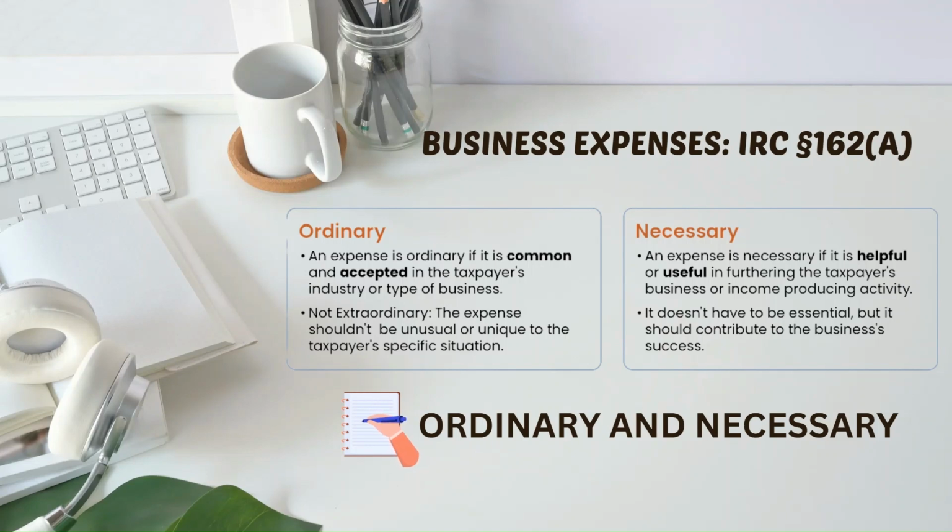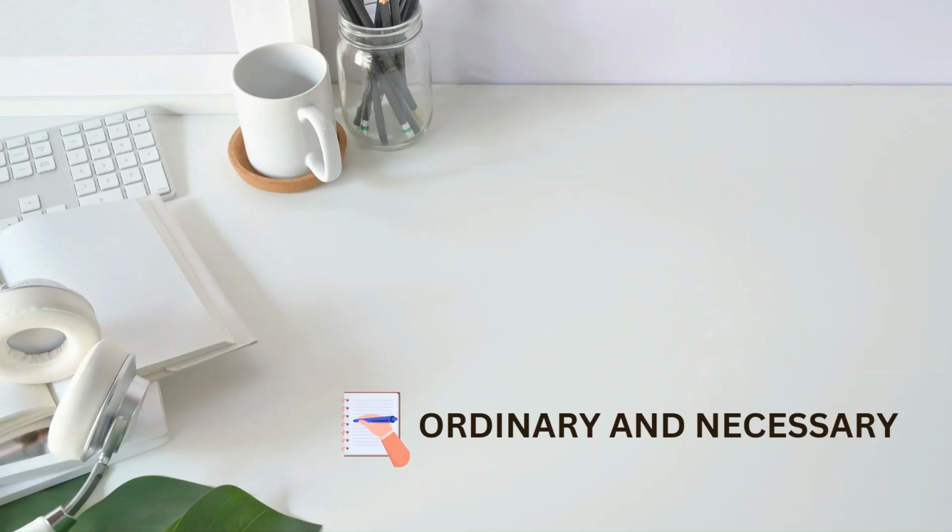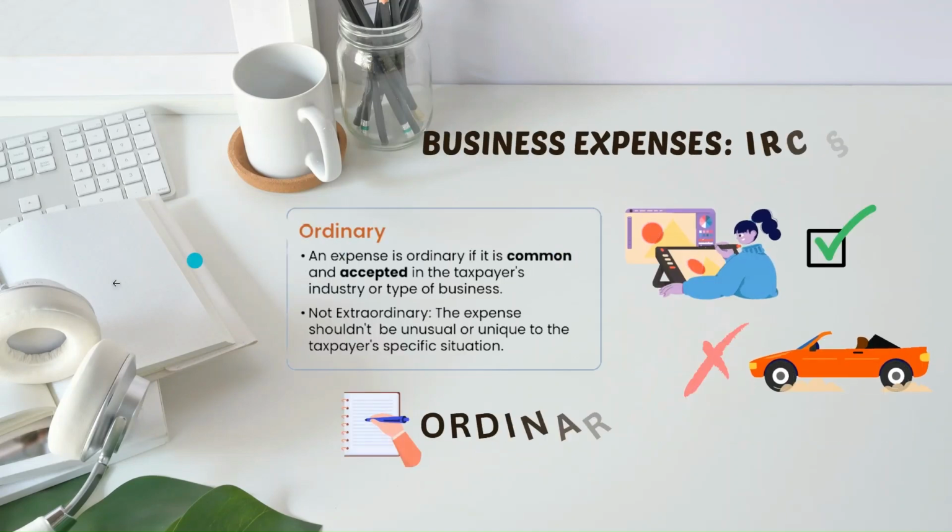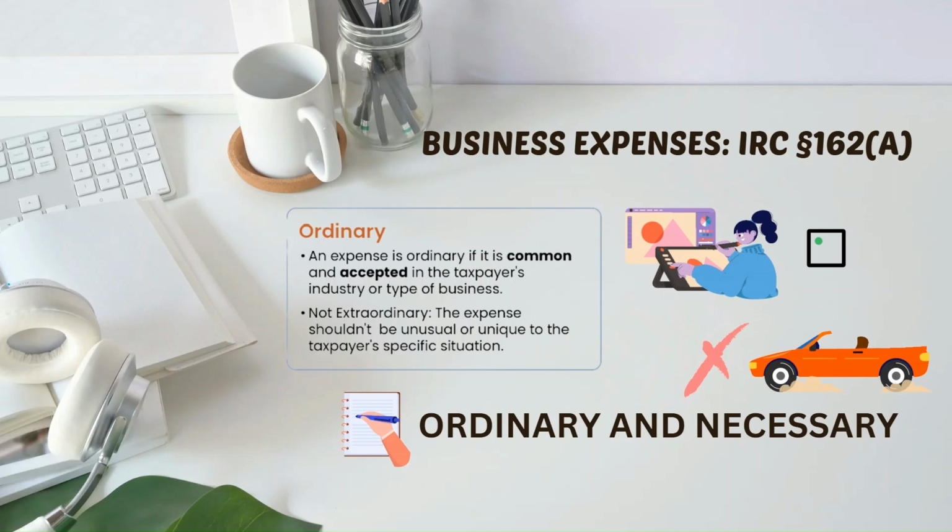For example, you own a small graphic design business. Purchasing a subscription to graphic design software, example Adobe Creative Cloud, is an ordinary expense. It is common in your industry and directly contributes to the service you offer. Most graphic designers use software like this to create designs for clients, making it a regular essential cost of doing business. Meanwhile, purchasing a luxury sports car and branding it with your business logo to use as a marketing tool